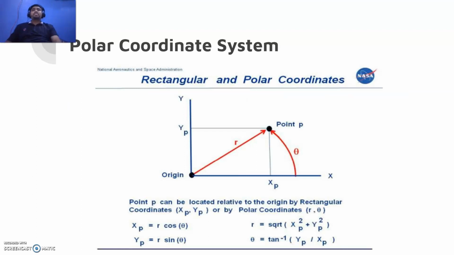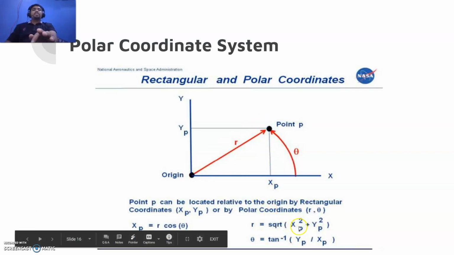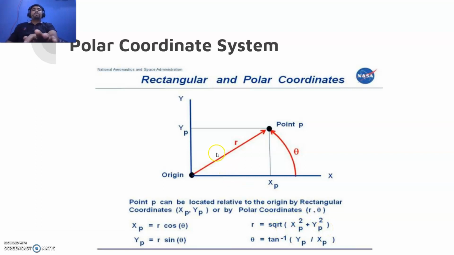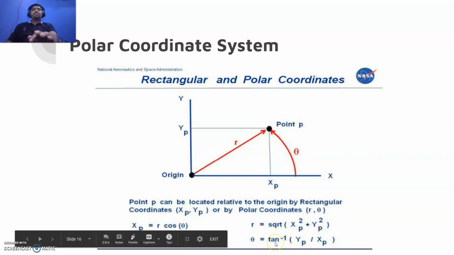Now, this is an image that I got from the NASA site. The x-axis is there, the y-axis is there, we have the xp, we have the yp, and you can clearly see the point is there. If I want to find out the value of r, I can just use the simple Pythagoras theorem because this looks like a triangle. Using xp and yp, I can get the value of r. According to Pythagoras theorem, r equals the square root of xp square plus yp square. Similarly, I can get the angle from the horizontal. This angle theta we can get using the tan inverse formula, tan inverse of yp by xp, and that is how we get it.